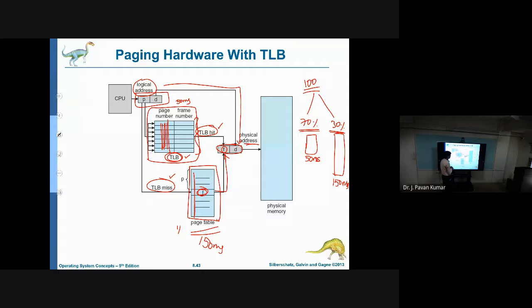Now, what is the average access time? Suppose 100 references are given to you, then how can we find the average access time? This is the question. Try to understand. This will be asked in competitive exams like GATE, even in some job written tests. These kinds of problems you will get. Definitely one problem will be there in GATE on this particular topic.